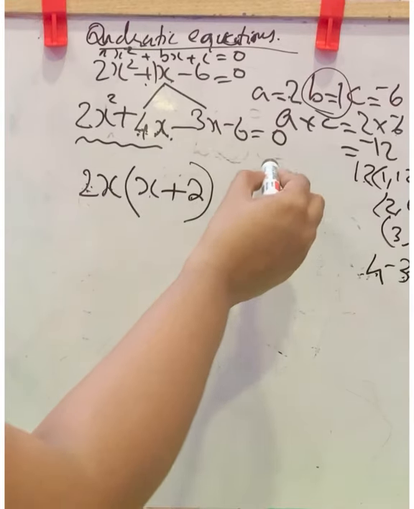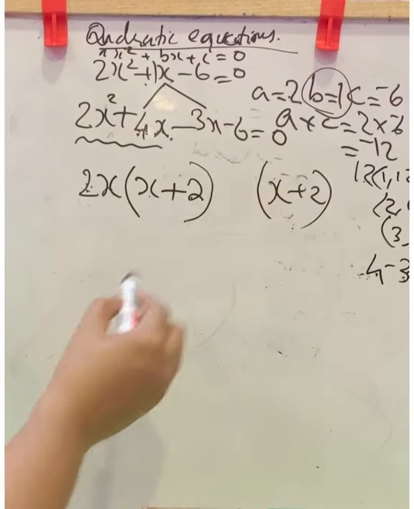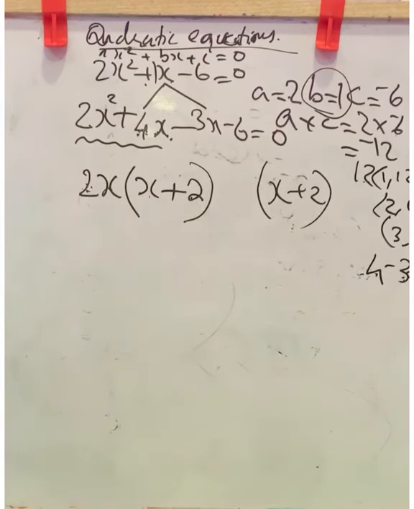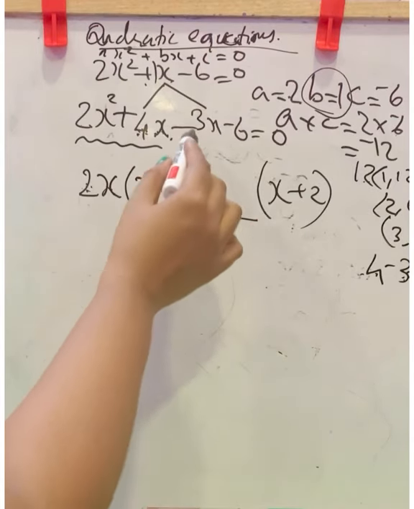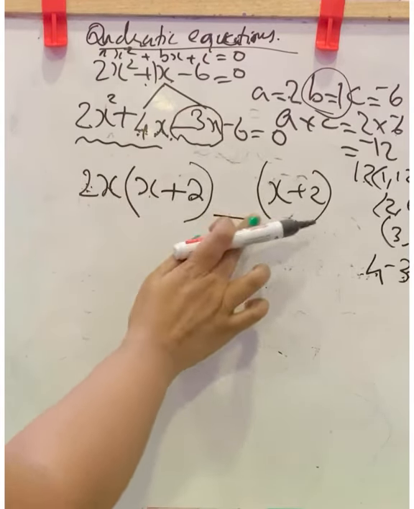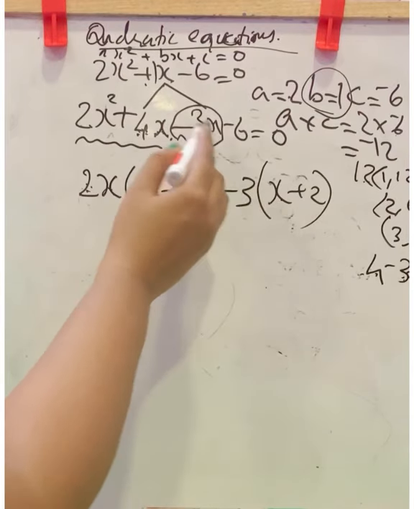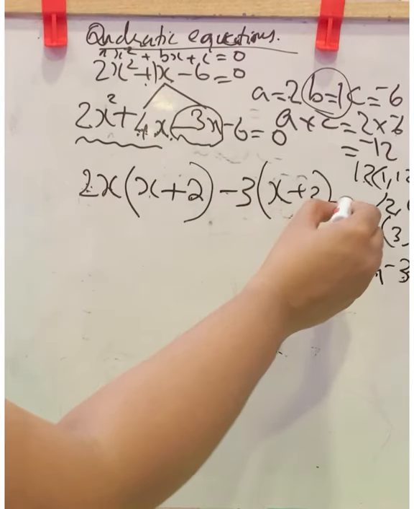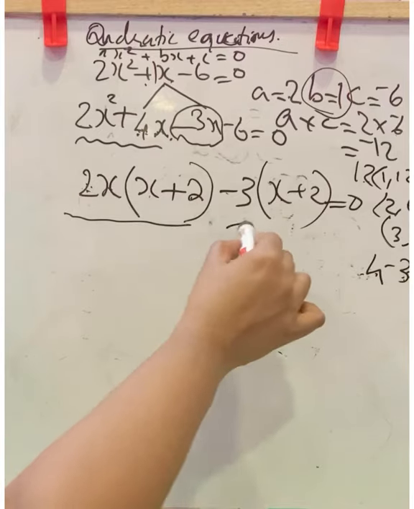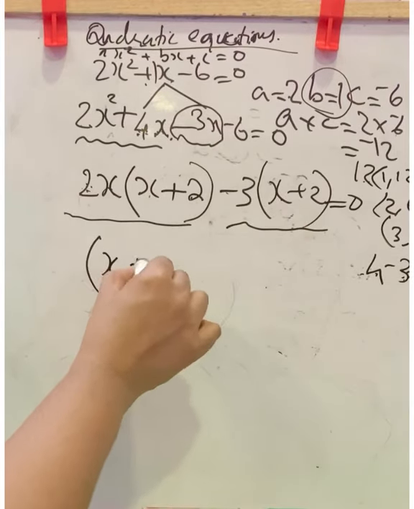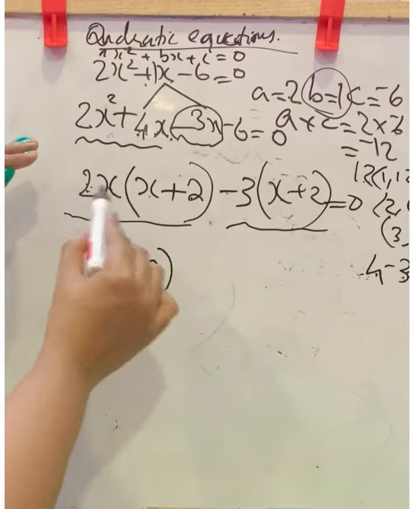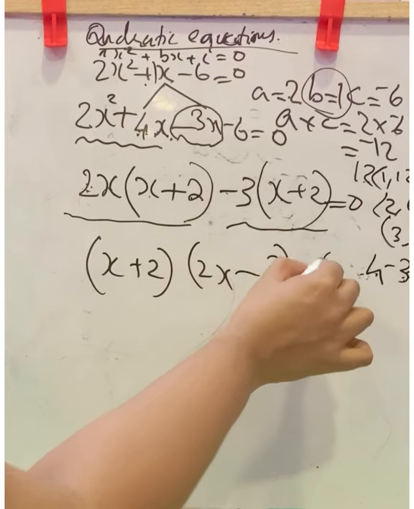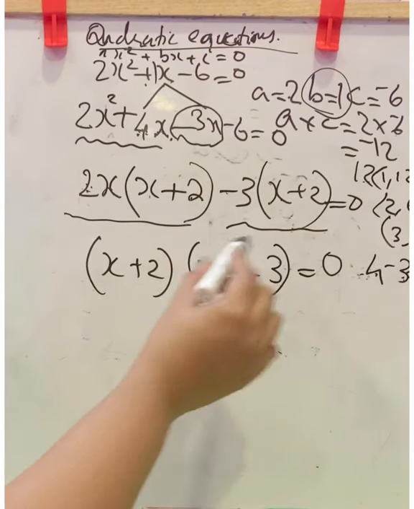Next step is that you have to write the x plus 2 here because we want to take the x plus 2 common here. So taking this x plus 2 in the bracket, next is check dash into x's third term, minus 3x. What is it? Minus 3 into x, you will get minus 3x. You can check it with the last term also. Minus 3 into plus 2, minus 6 equal to 0. Now from this term and this term, bracket is common. x plus 2 taken outside. x plus 2 taken, left will be 2x. Here x plus 2 taken, here will be minus 3 equal to 0. Now equate each term to 0.